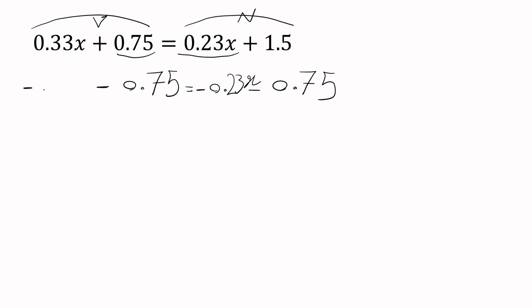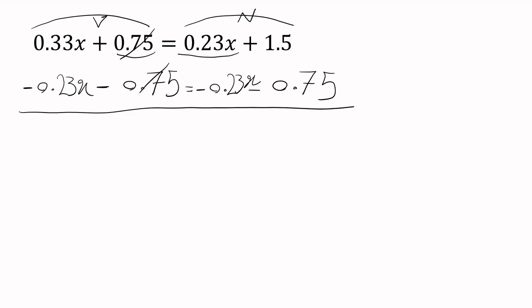And minus 0.23x. If I add these two equations with each other, these two are going to cancel each other out, and these two, of course, are going to cancel each other out. Okay, 0.33x minus 0.23x will be equal to 0.1. X is equal to 1.5 minus 0.75 is equal to